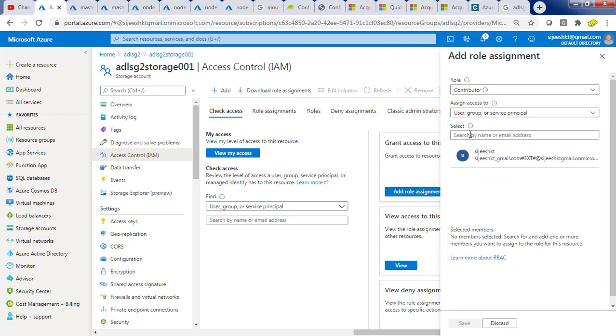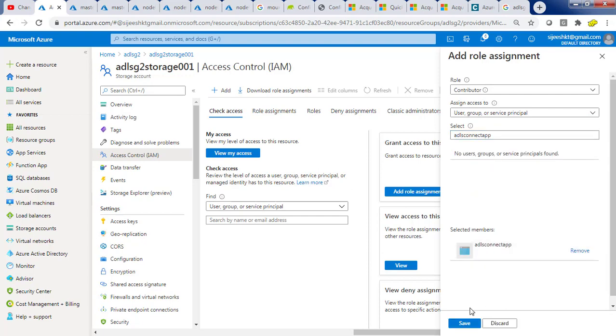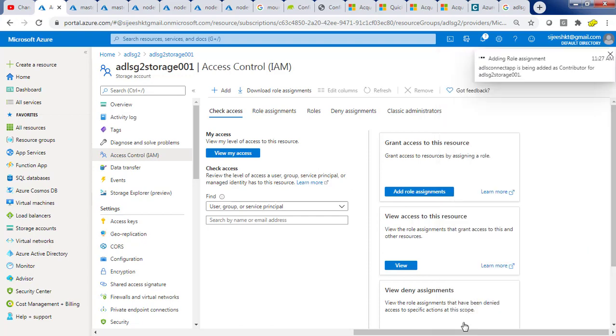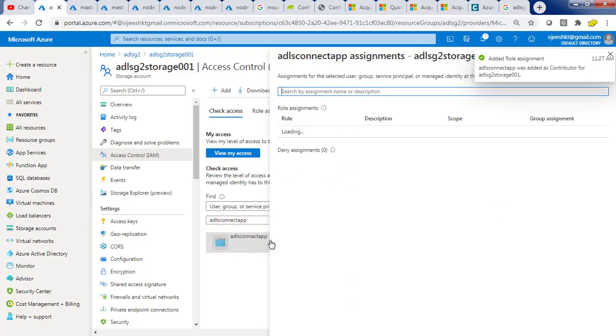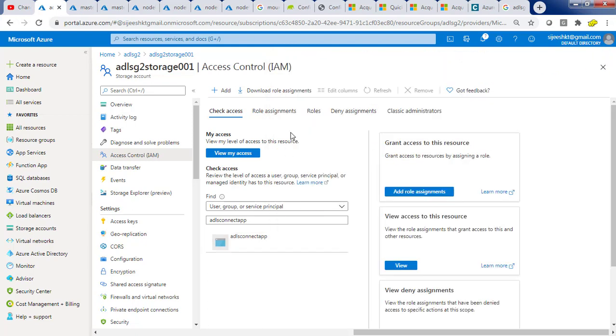Again, I don't think we need full contributor; we just need storage account contributor. I just selected my app ID and then clicked OK to add that. You can add the storage account contributor, which is specifically available, but here I just added full contributor. You can see this app ID has full contributor access here.